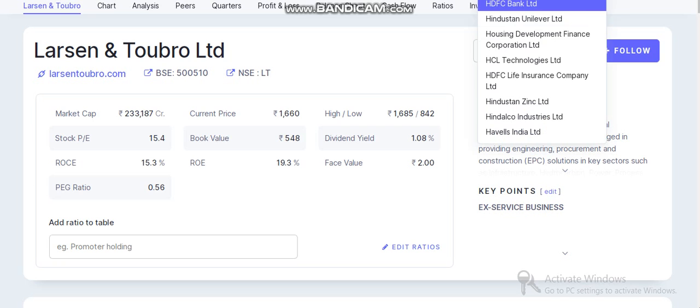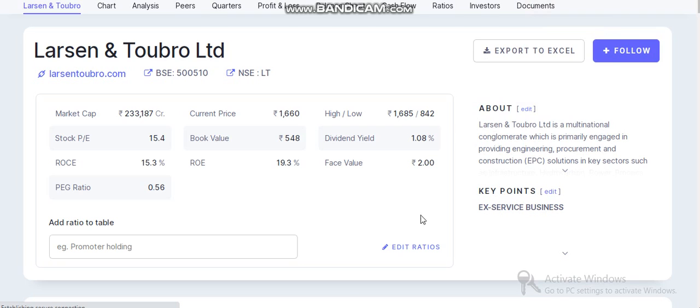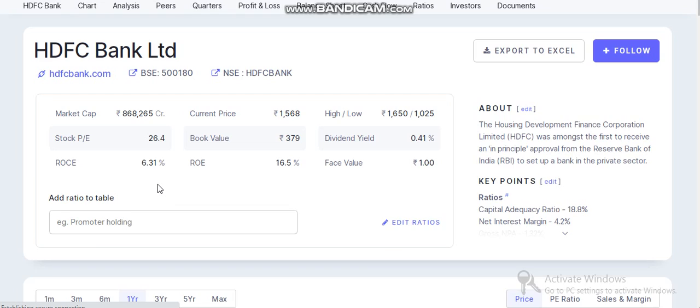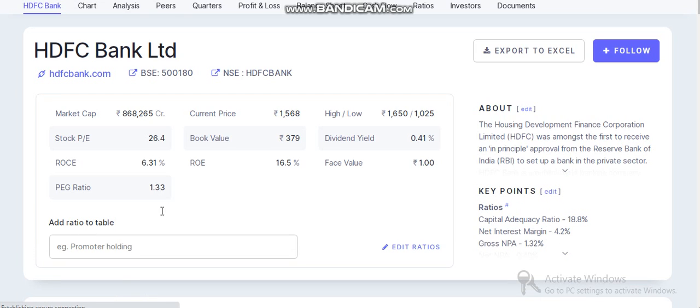We can see some other ratios. We can see HDFC. Let us see HDFC. The HDFC PEG ratio is 1.33, which means overvalued. But it doesn't mean HDFC Bank Limited is not good at all. You know what HDFC Bank is going through now? It is booming in the market. Obviously, by the calculation, less than 1 is undervalued, good to buy, and more than 1 is overvalued, not to buy.